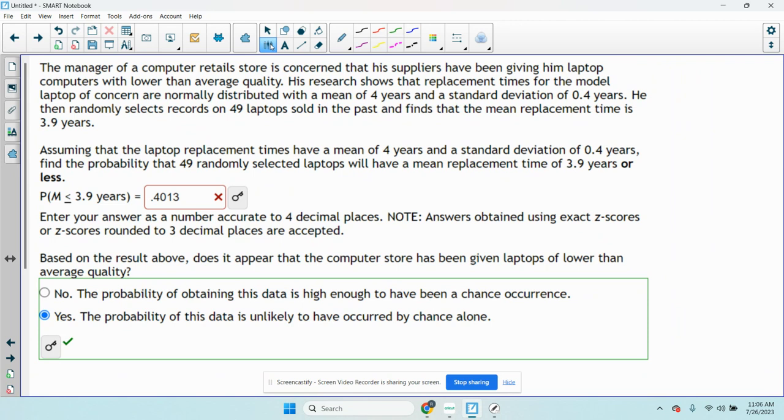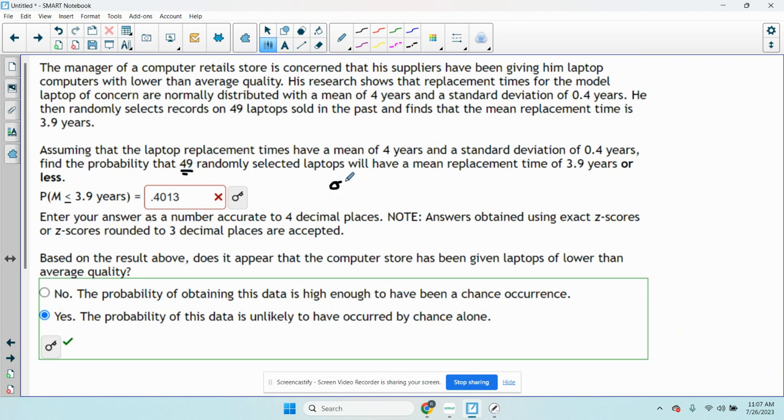He randomly selects and records data on 49 laptops sold in the past and finds that the mean replacement time is 3.9. Assuming that the laptop replacement times have a mean of 4 years and a standard deviation of 0.4, find the probability that 49 randomly selected laptops will have a mean replacement time of 3.9 years or less. So the only thing that you really have to remember is that when we're talking about a sample,